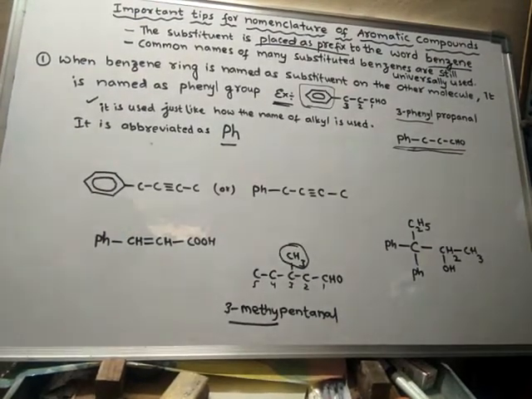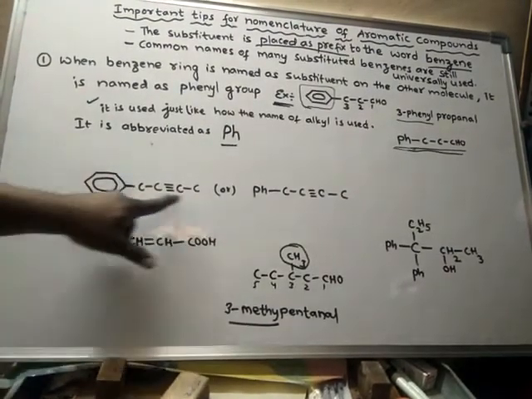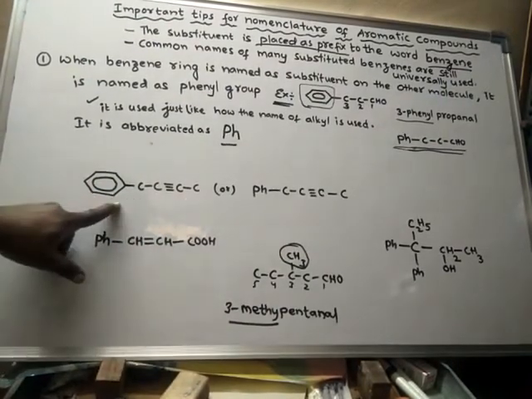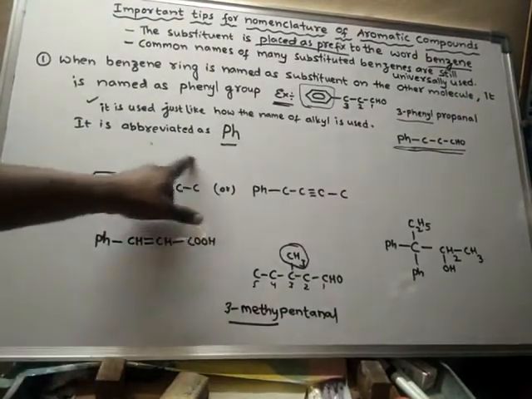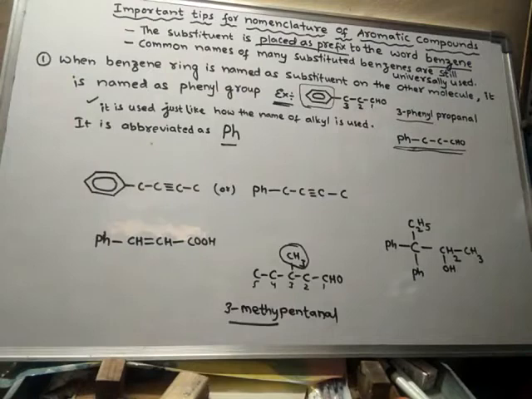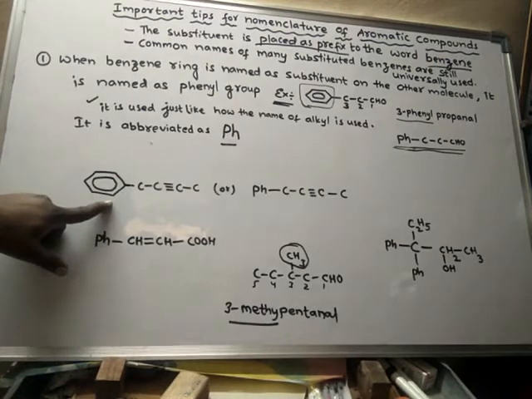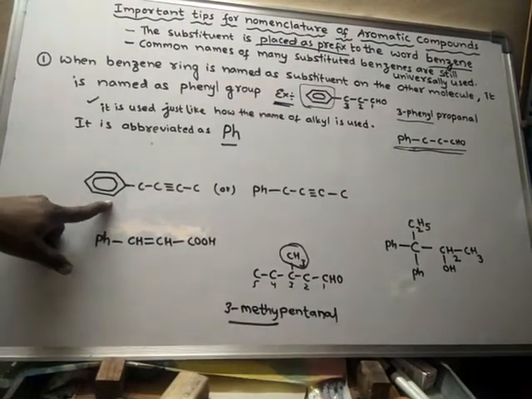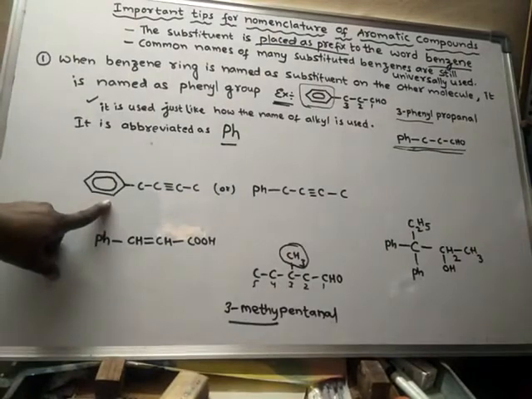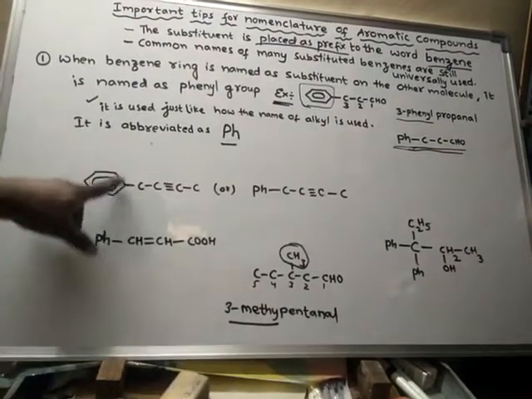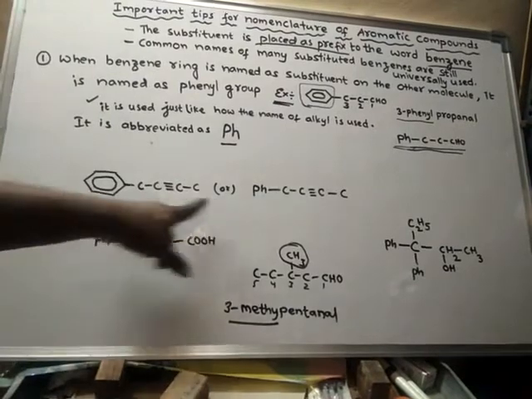So we will learn some more examples. Suppose this is the compound. Here this compound can be written like this also, because in this compound, this is phenyl. This phenyl group is acting as a substituent. That means this benzene ring is acting as a substituent. When the benzene ring is acting as a substituent, it can be abbreviated like this, Ph, instead of writing this entire ring. So now the name of the compound.